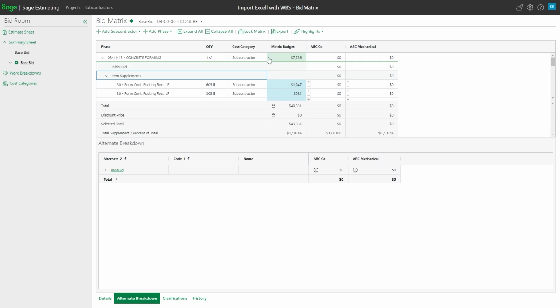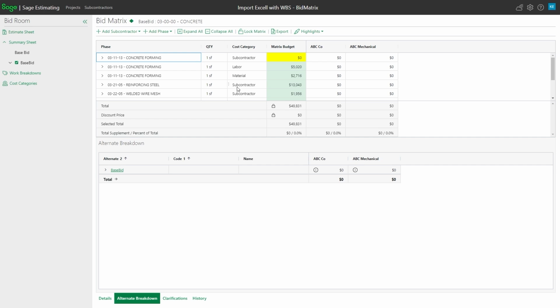But in some cases, if I do want to keep track of labor versus material separately, if I click on this category and tell it to show me a breakdown, I could say, well, I also want you to separate out labor. And let's also say material. So now as I take a look at this, I can actually see for that phase there's so much labor, so much material, so it can actually give me the breakdowns of how much money is really labor and material. So if I've got something where maybe some people lump labor and material together, some suppliers or subs don't, that way I can get that extra breakdown from my estimate to come over and show me those category details.